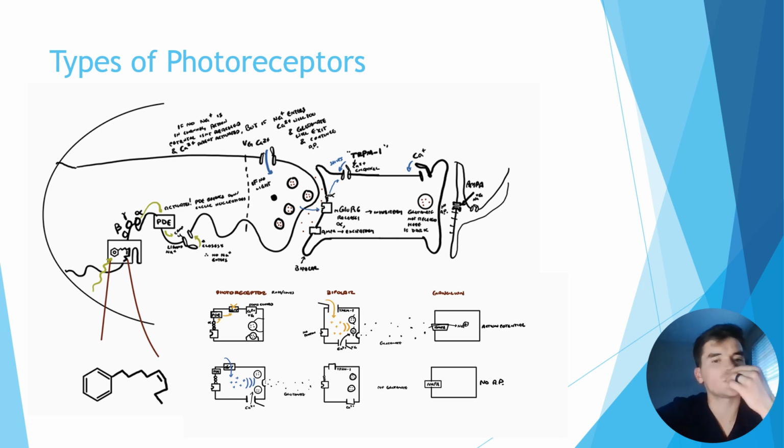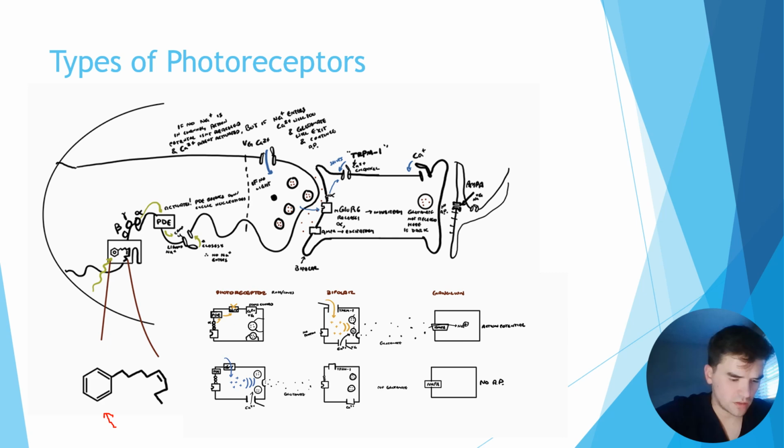Okay, these are photoreceptors. We have two different types of photoreceptors, on and off photoreceptors, but we're going to talk about the pathway to seeing light. Basically, light will hit something back here, which will turn our 11-cis